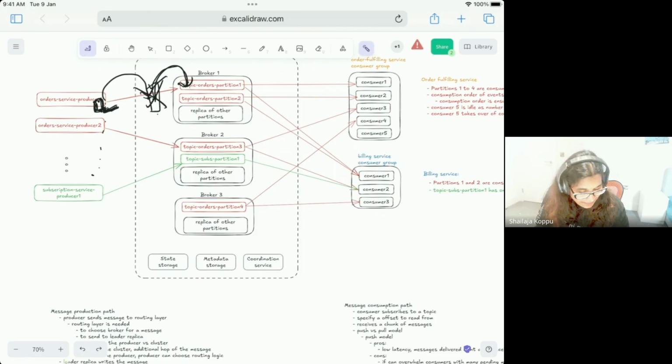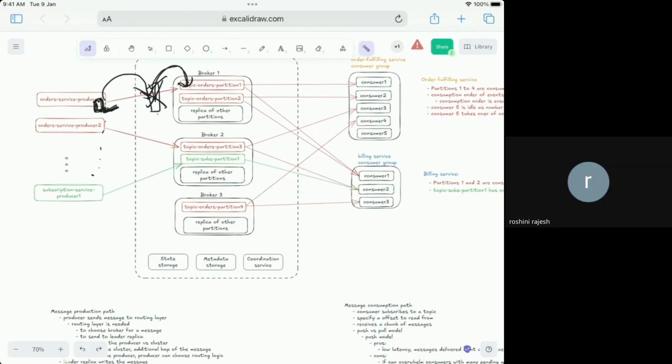With this design, what happened? When the CPU of one broker is not sufficient, our design has the flexibility of deploying one more broker and moving those partitions to those brokers. So we definitely know that one CPU is not sufficient to process the throughput we are expecting. We need to distribute the one topic to multiple partitions. So we have given a design which gives the flexibility to move partitions to different brokers as needed. This is what is important. Yeah, very good. Thanks, Shailaja.